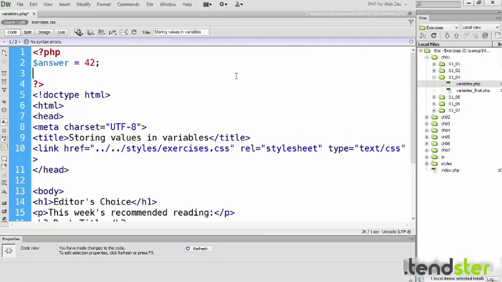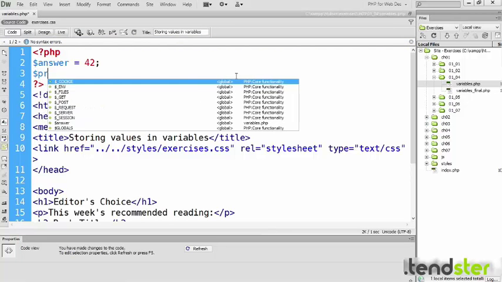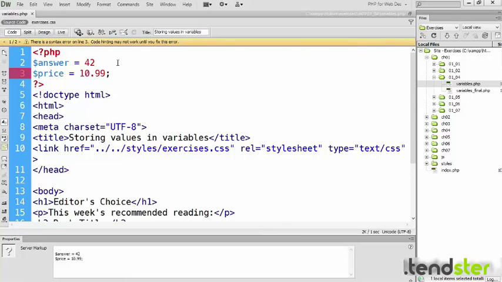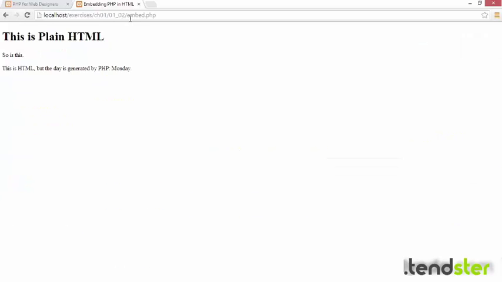You can also have decimal points in numbers, so let's have another variable for price, $ sign, price, and then equals 10.99 and a semicolon. Now, if you've been used to working with JavaScript, you might say, oh, why do I need a semicolon at the end every time? Well, let's see what happens if I remove the semicolon after that 42. I'll save the page, go to my browser,